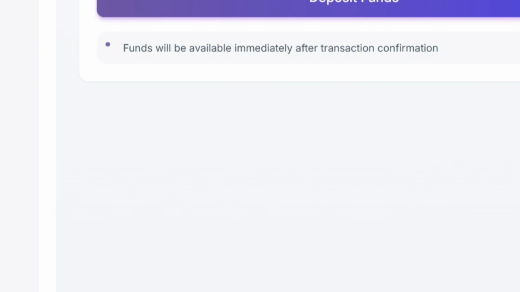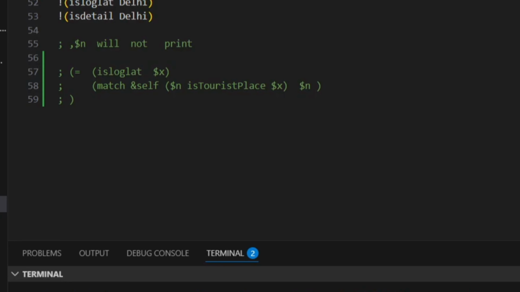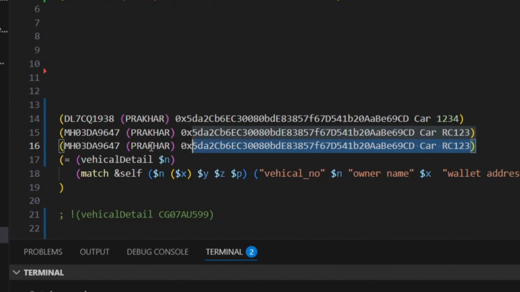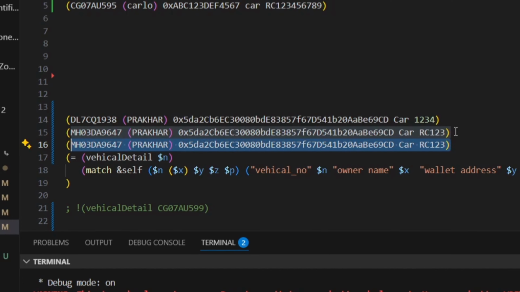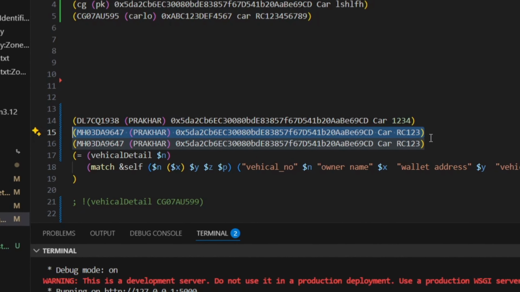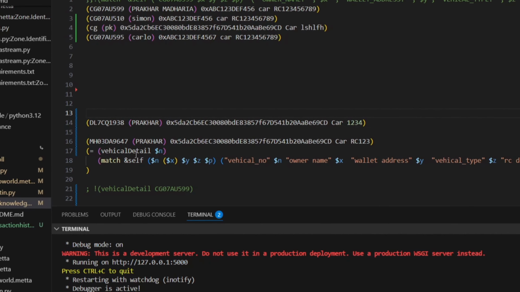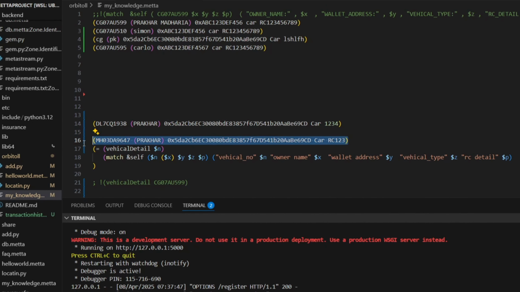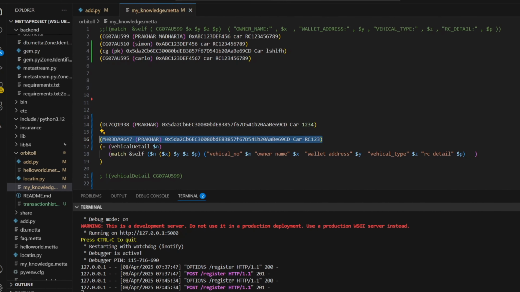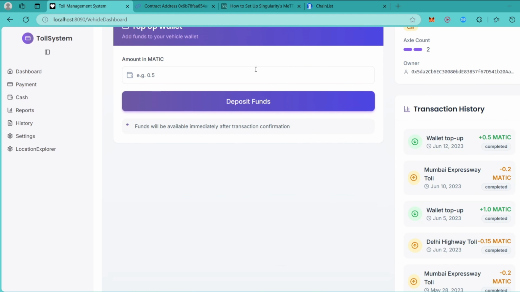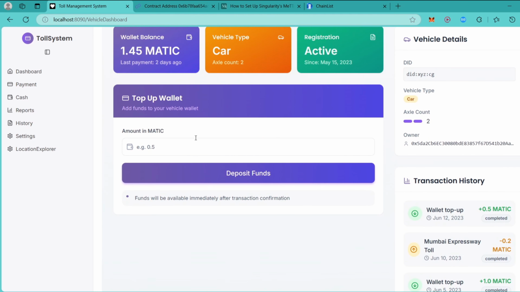So the transaction is confirmed. Now let's check. We got the request here, and let's check. I've also tried it once, so it's stored 2 times. When I remove it, I have to add the check for you. As you can see, as soon as we register, we get the details here, and it is also registered on our wallet. Here we can see multiple details.